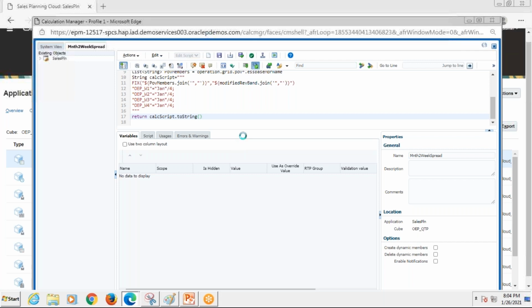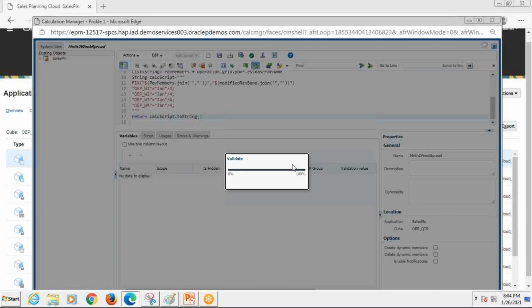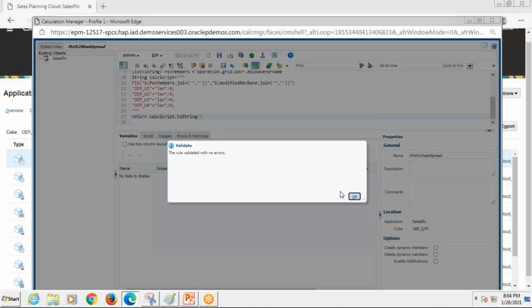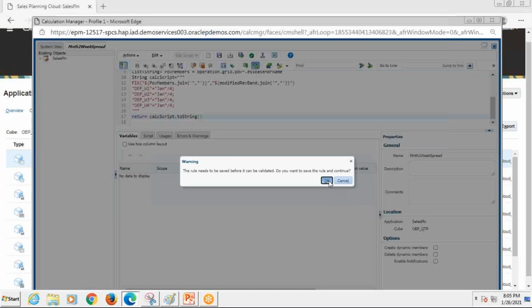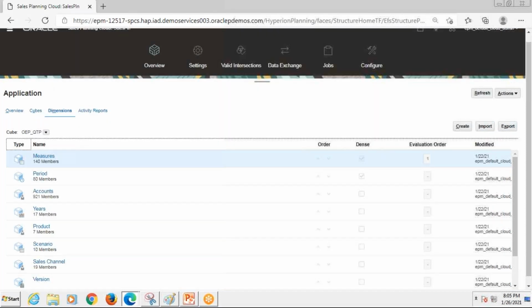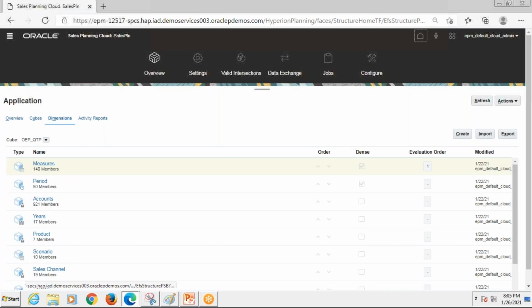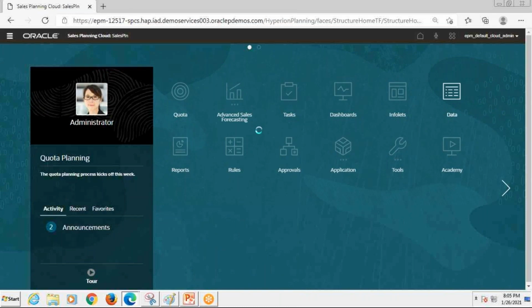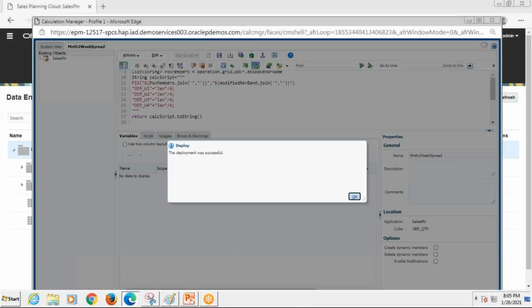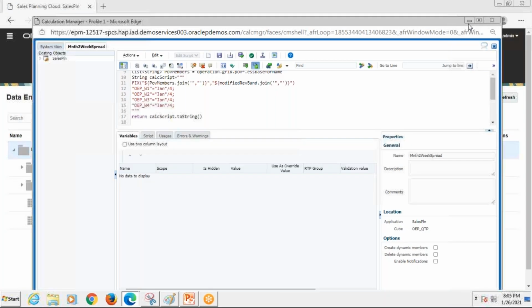Let us proceed and verify and check if everything looks fine. So it looks all good. Just deploy the script, and after deployment, we can go back to our form and see how it behaves. So going back to the form, the tool is already attached to the form, and deployment got done successfully.